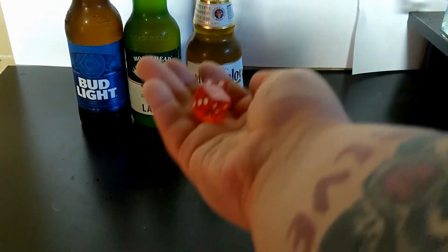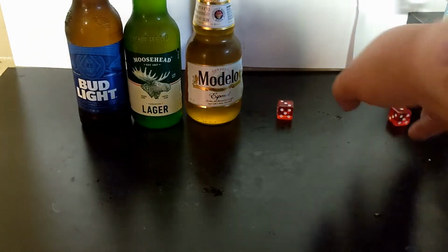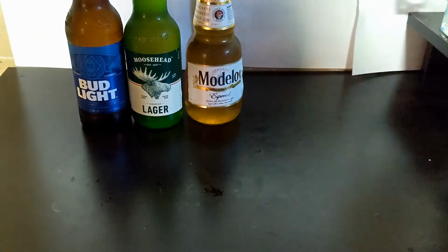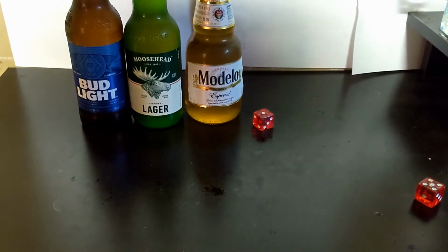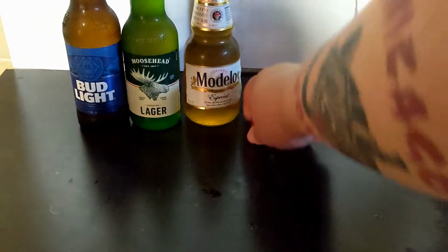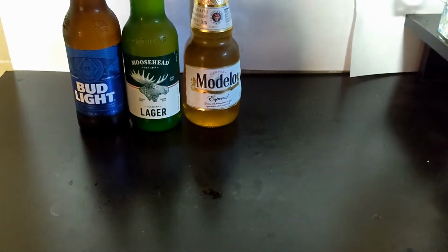Alright, first up, we got Modelo. And that is a 4. Setting the bar really high there, Modelo. Next up, Moosehead. And that is a 6. Alright. I might not have to redo the order here. Yep, and